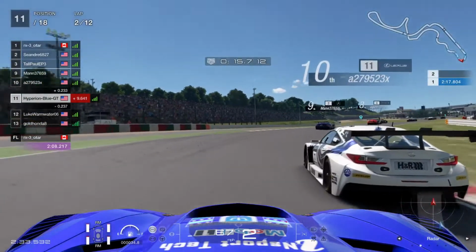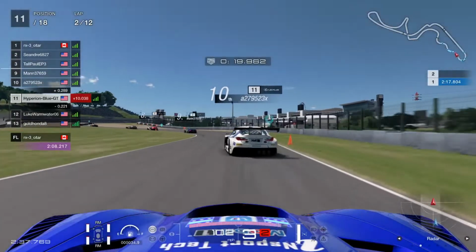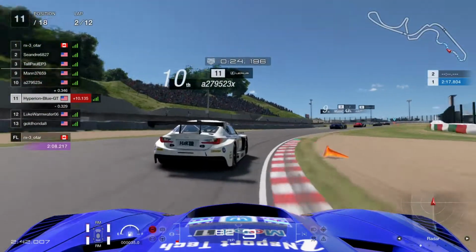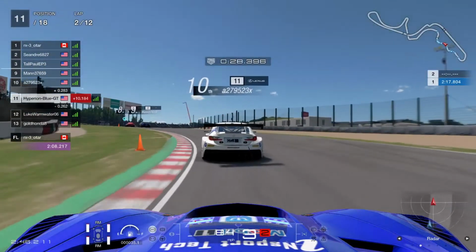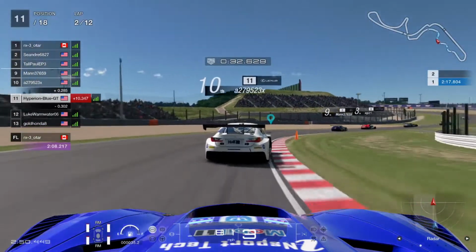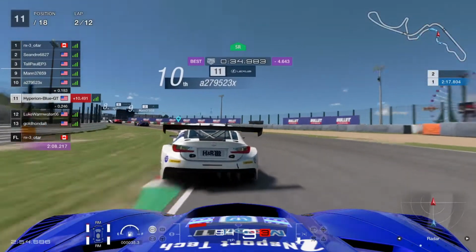Lukewarmer Water is now definitely coming in onto the first turn. So looks like Citroen is going to be stepping in to overtake Chevrolet, catching up before the Lexus might be taking in. But it's going to be quite very challenging on the S turns. It is going to be taking in a lot of good speed and handling